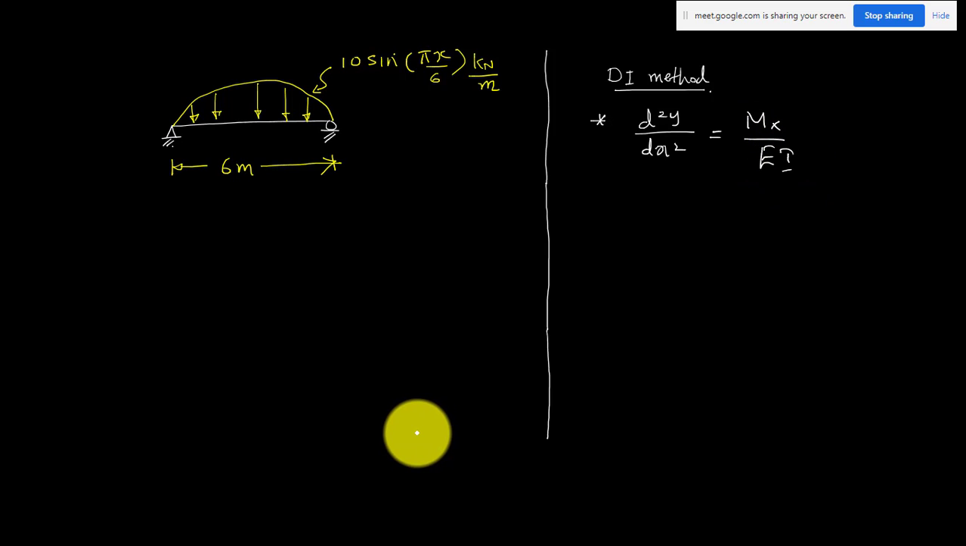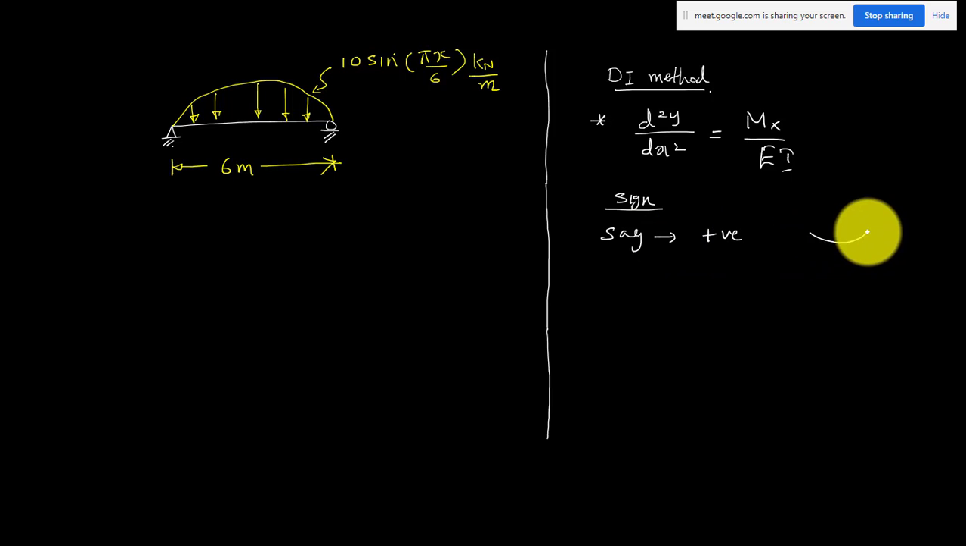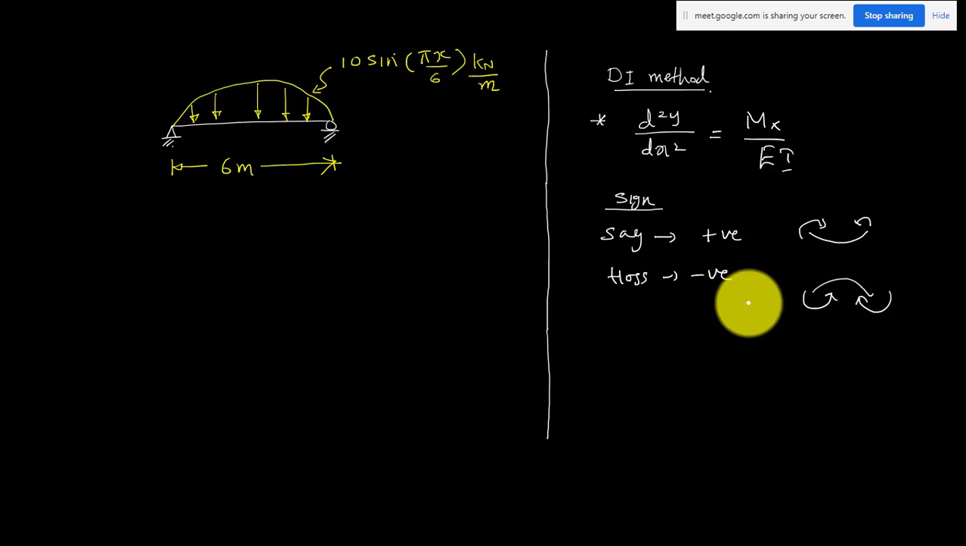So we can use this differential equation, and I think we have seen two examples. The main thing is we have to be careful with the sign convention. The sign convention we are following is sagging moment is positive, like this, and hogging moment is negative. This is the sign convention which we followed yesterday. So as per this sign convention, if you solve this differential equation with the help of boundary conditions,